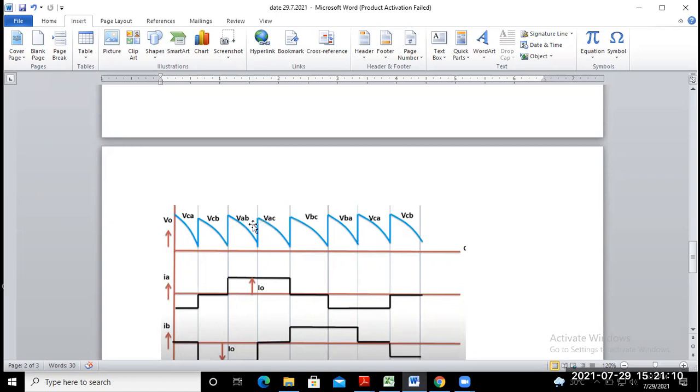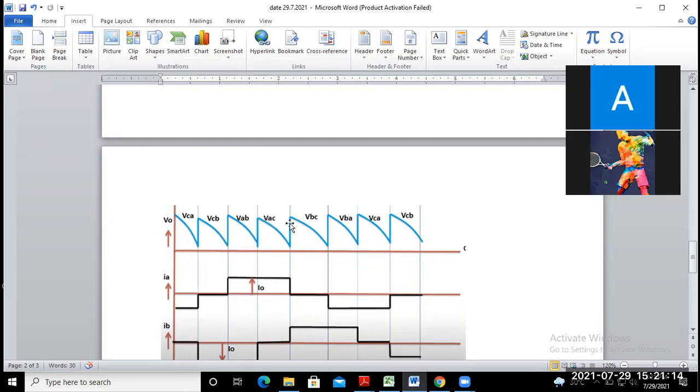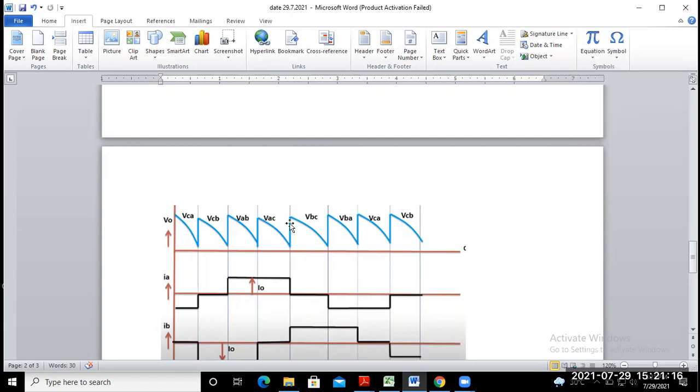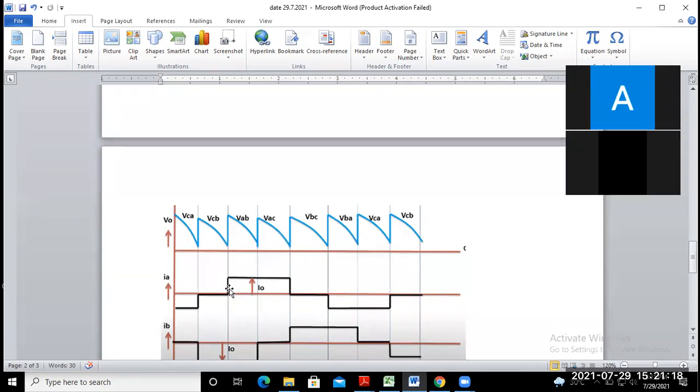In both instants VA is positive, so from this point to this point VA appears, and the current flowing through IA is from this point to this point. In the next instant, VA voltage does not appear, so the current again goes to 0.